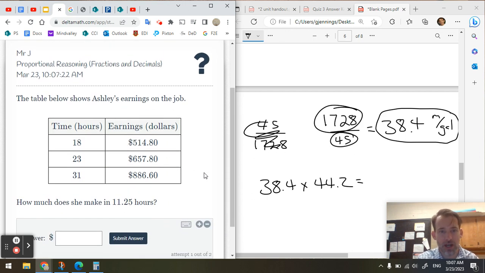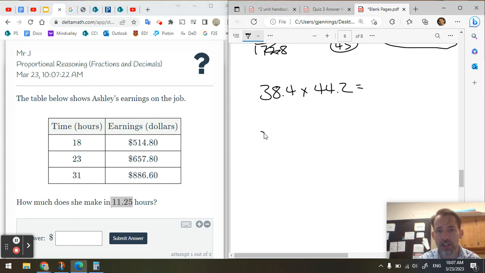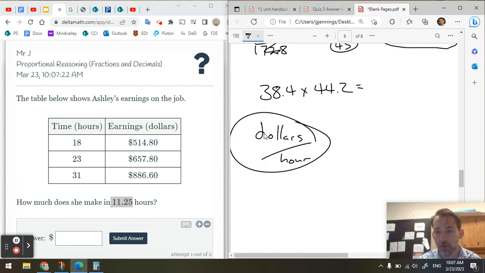Okay, Ashley's earnings on the job. All right, let's find the unit rate and then multiply the unit rate by this. That's my preferred method. Okay, so let's go. What we're going to do is put the dollars. We want to find dollars per hour. How many dollars does she make per hour? The language guides you in terms of how to set up the question. So do